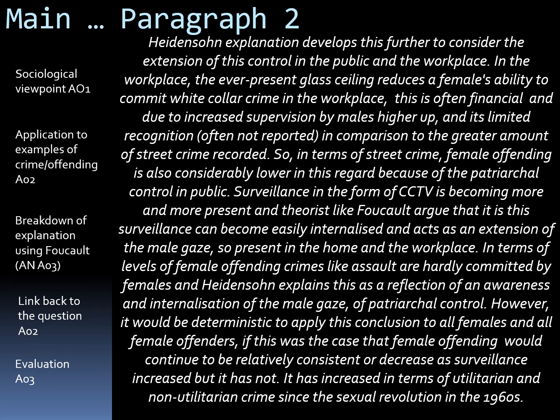In her paragraph number 2, this student continues with Hyde and Tone explanation, and that's okay. It shows that she's got a real greater depth of knowledge and understanding to explore this theory a little bit further. So this time we're looking at control within the public and in the workplace, and she addresses the workplace first, and she identifies a concept of the glass ceiling, which then suggests that women are less likely to commit